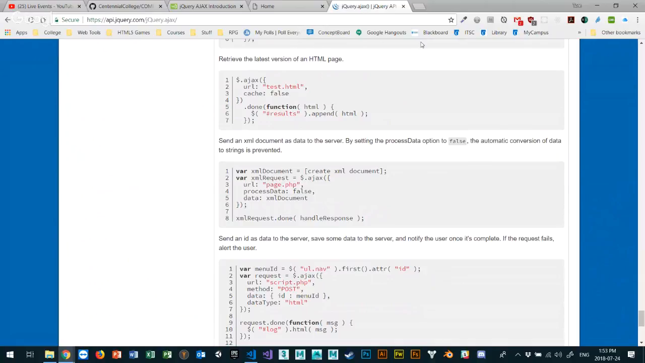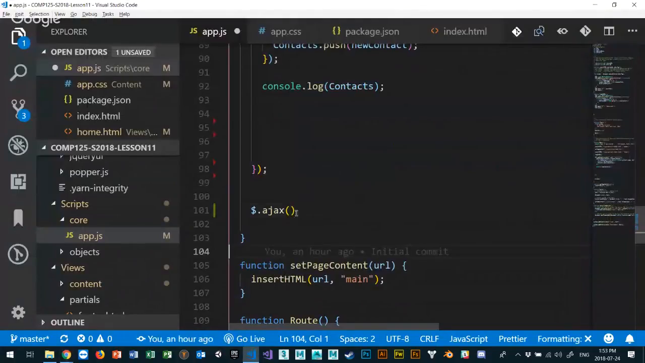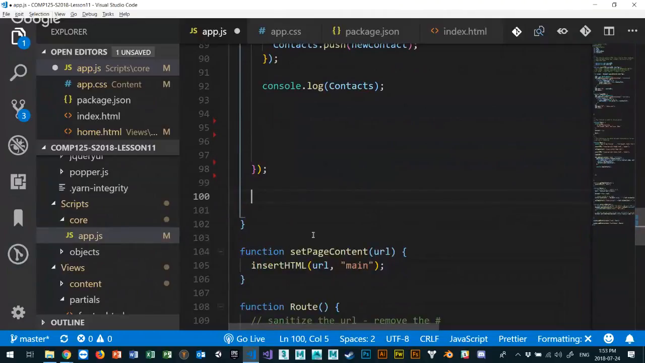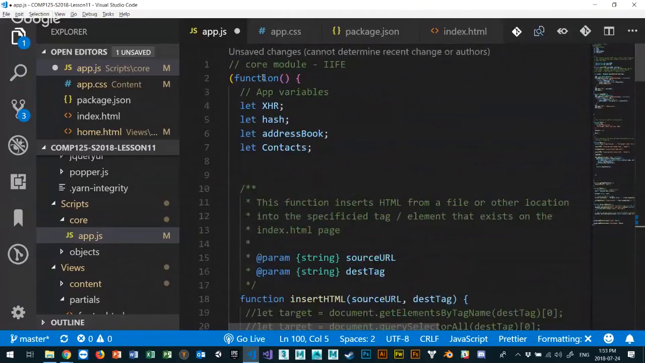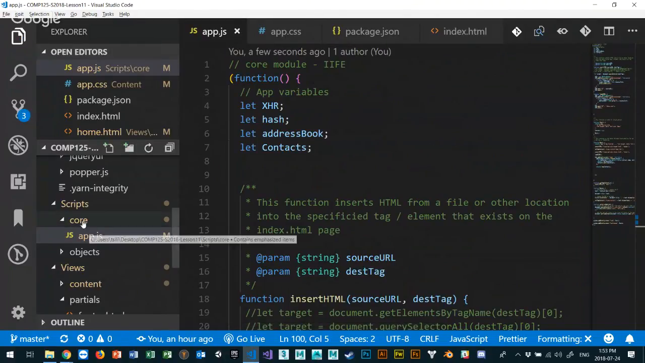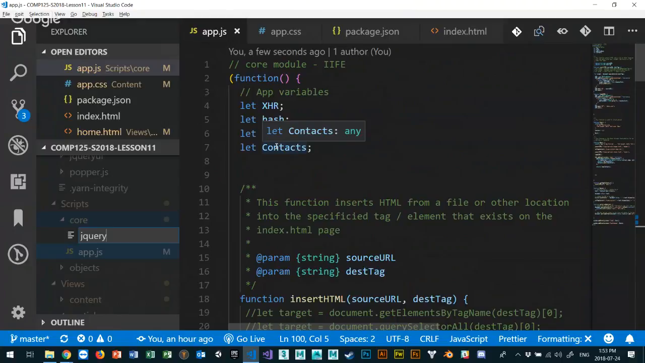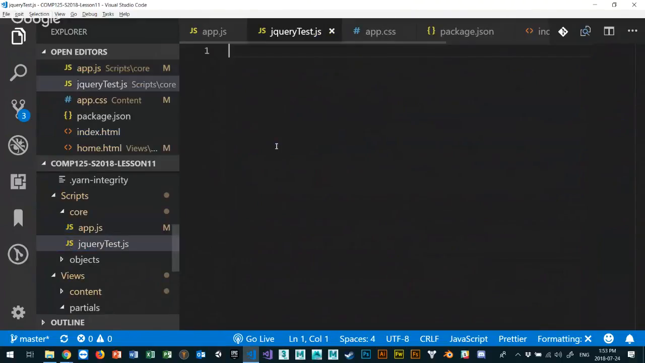One more reason why we use jQuery is the $.ready. I didn't show you that one. Let's go back here. So AJAX is one reason, and the other reason is we use this IIFE. Here's the IIFE function. With jQuery, I can write this differently. I'm not going to mess up my files, but I'm going to make a new file in core called jQuery test.js. And inside there, I can say a